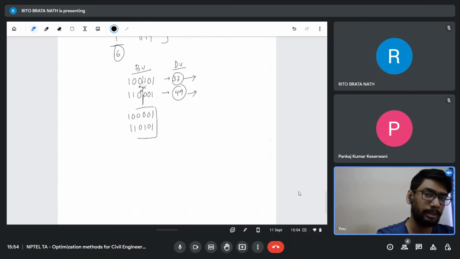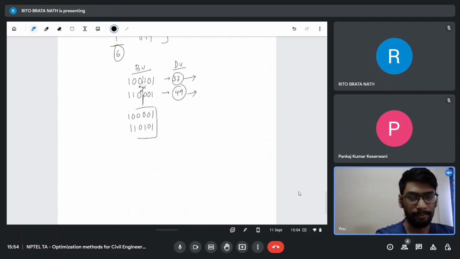One way of doing it is that you can convert it to binary and then do crossover. That's fine. But in the next class, you will probably learn that there is some real encoded crossover that might happen. So using this real value, how you can generate a solution which is not far away from these two. So suppose this 37 and 49,